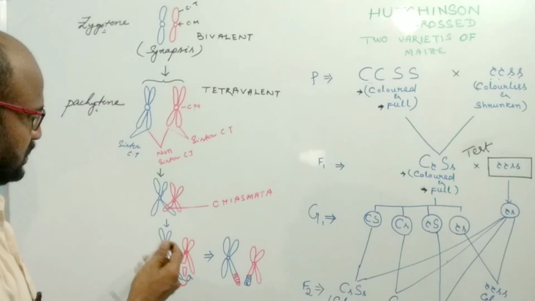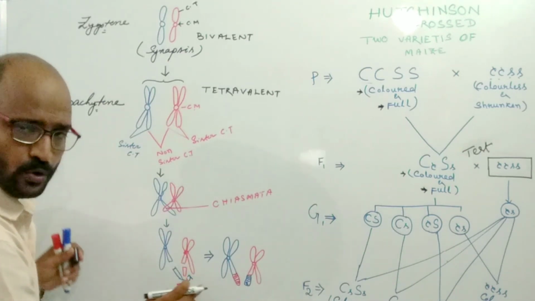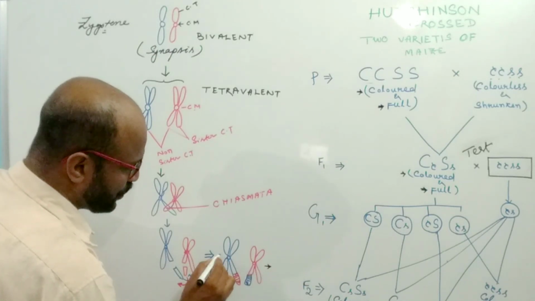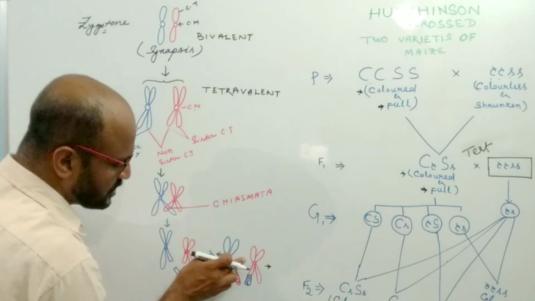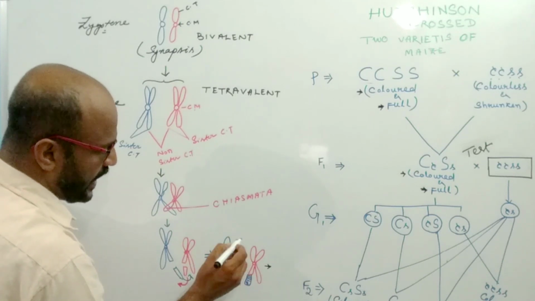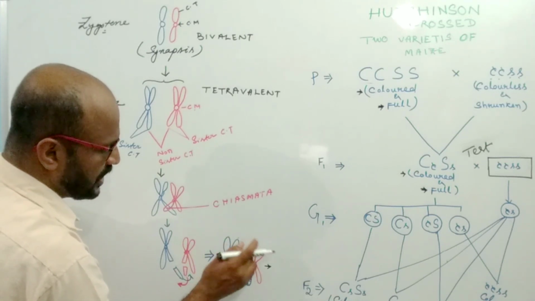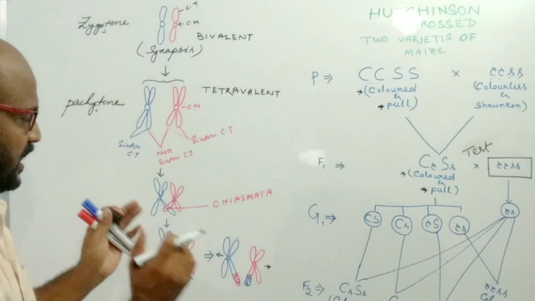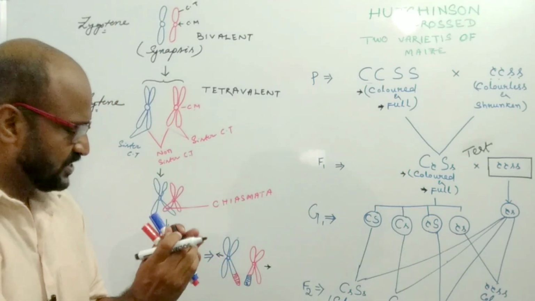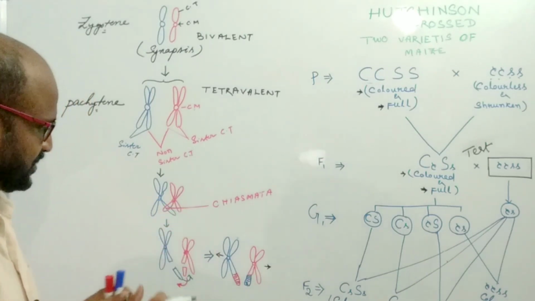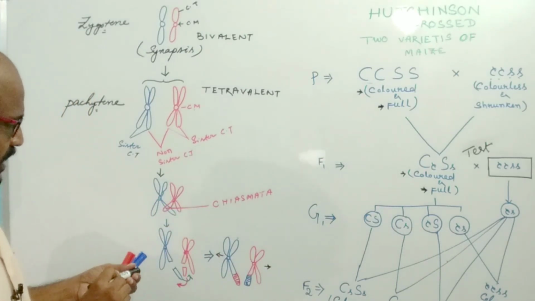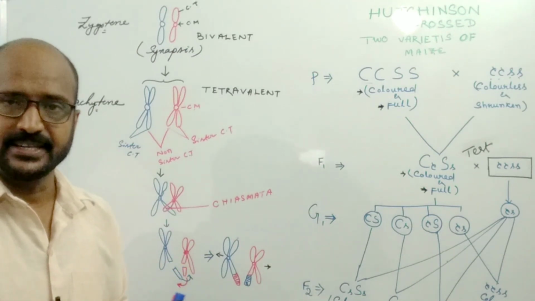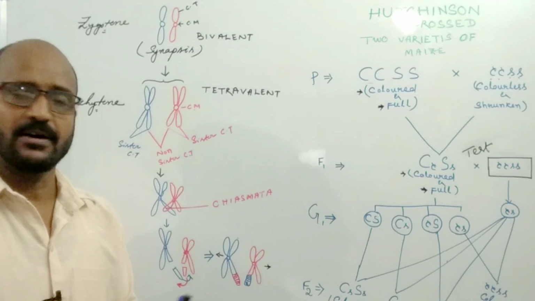After crossing over, there is the repulsion of homologous chromosomes, which is known as terminalization. It starts from the centromere and ends at the region of the end of the chromatid, which is a zipper-like terminalization process. The repulsion of the two homologous chromosomes continues throughout diplotene and diakinesis and ends in metaphase 1.